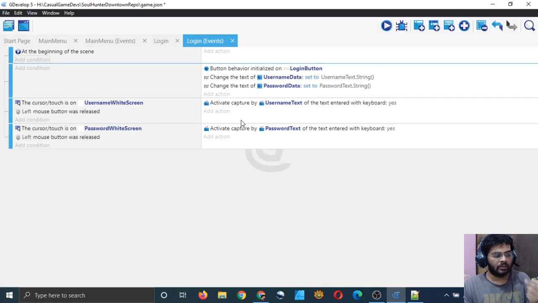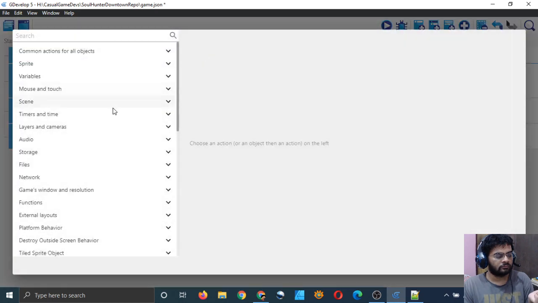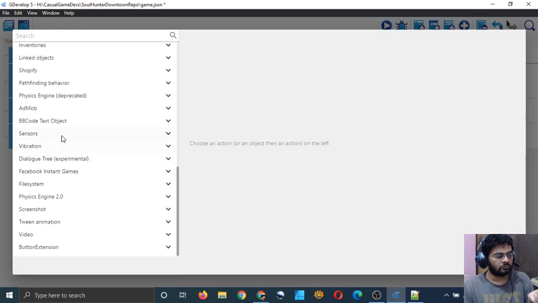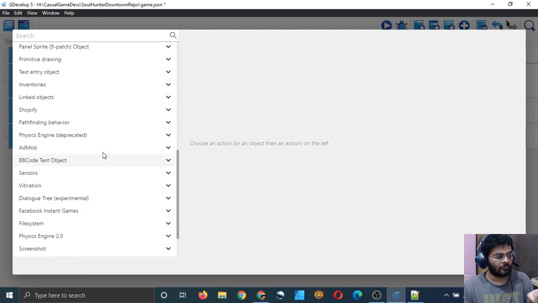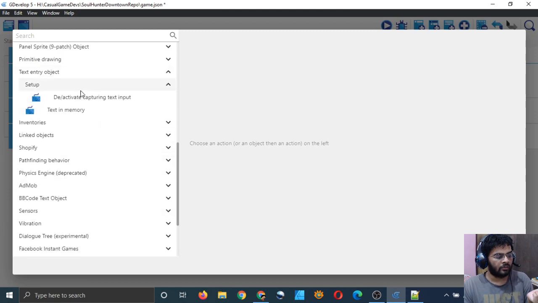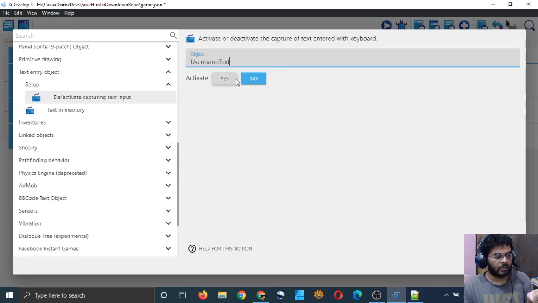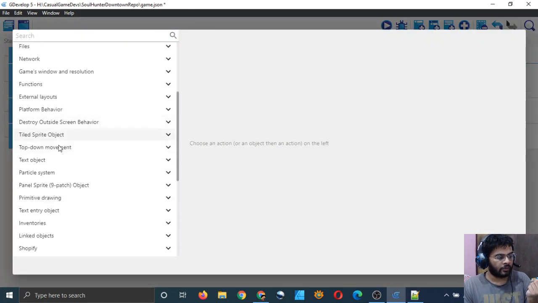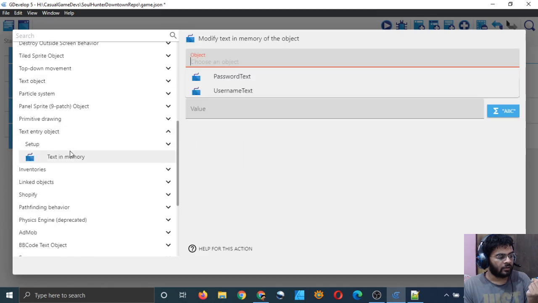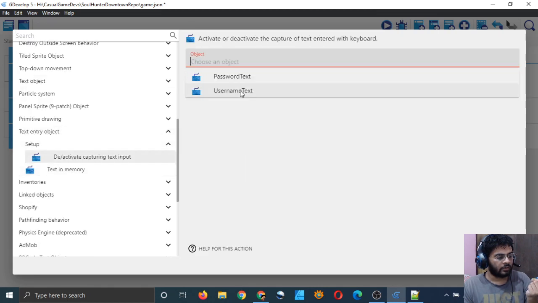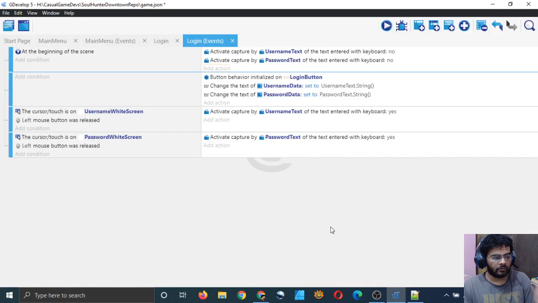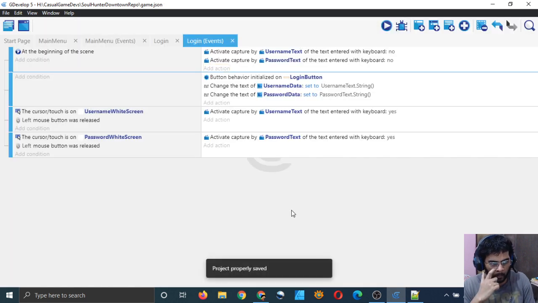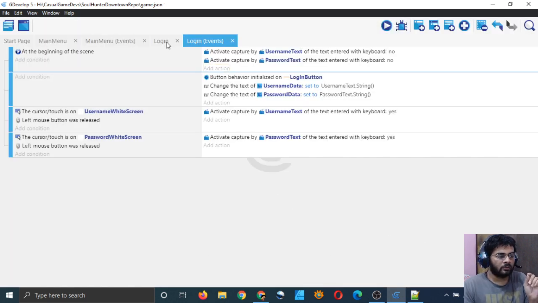I will deactivate these two objects. Text entry deactivate username text, and again for the password text entry object, deactivate password text at the beginning. And so now I should not be able to type anything.